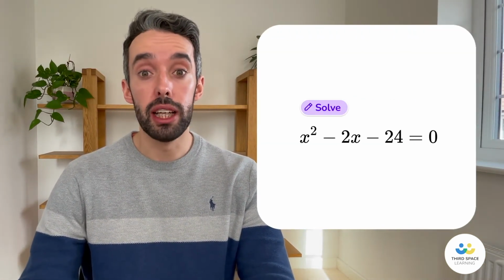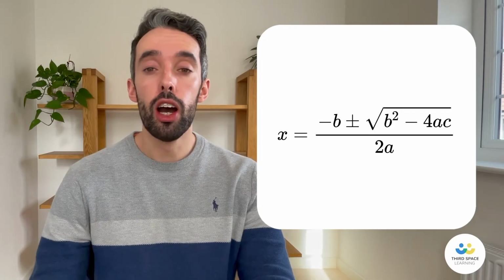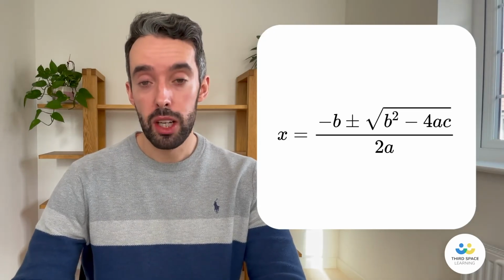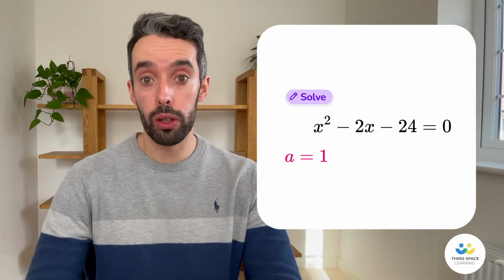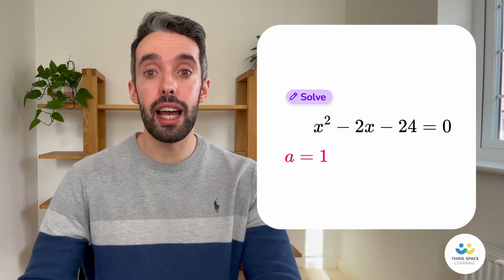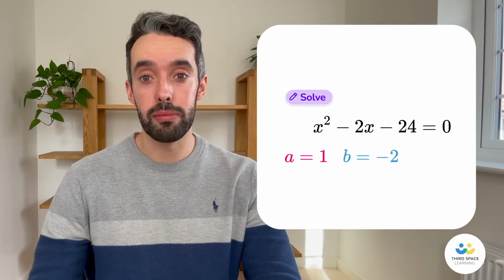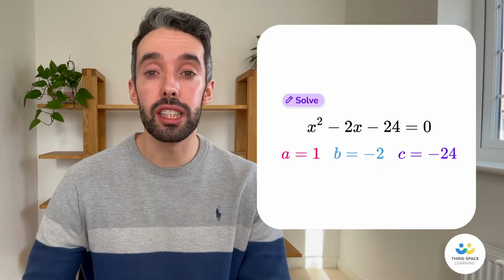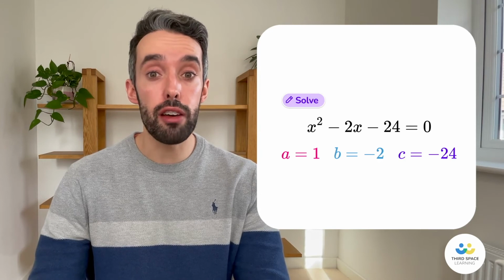The quadratic formula is x equals minus b plus or minus the square root of b squared minus 4ac all over 2a, where a is the coefficient of the x squared, so in this case a equals 1. B is the coefficient of the x, so in this case b equals negative 2. And c is the constant term, so in this case c equals negative 24. All we have to do is substitute those values carefully into the